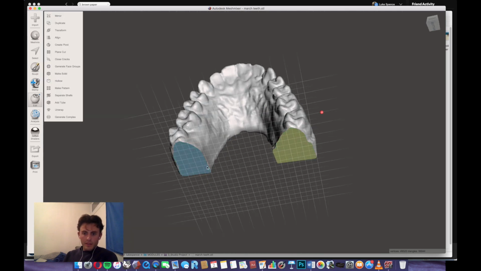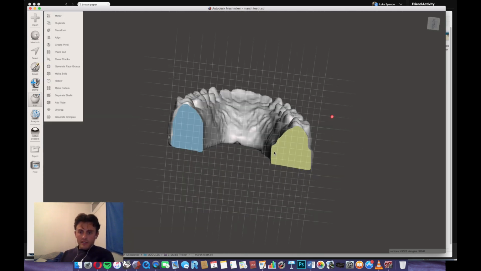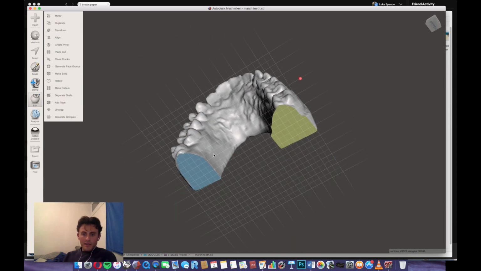Yeah, happy with that. So that's created these two super sharp faces, and with these we're going to